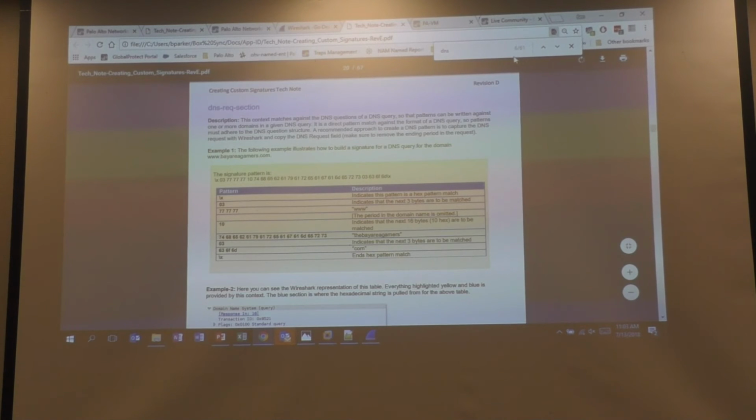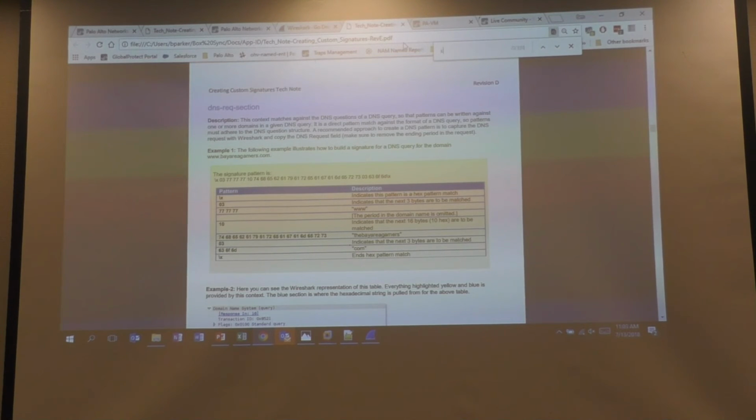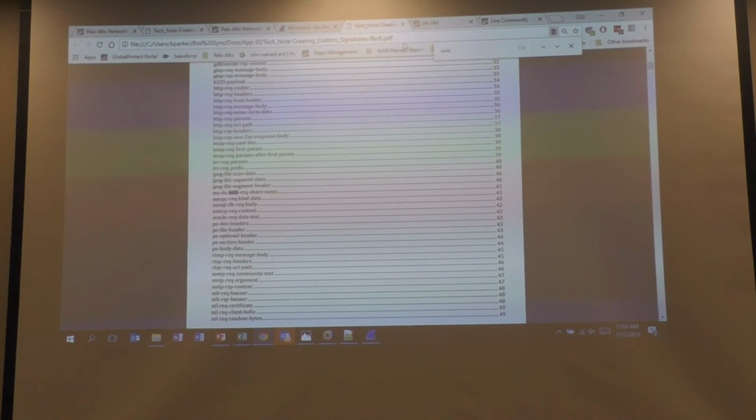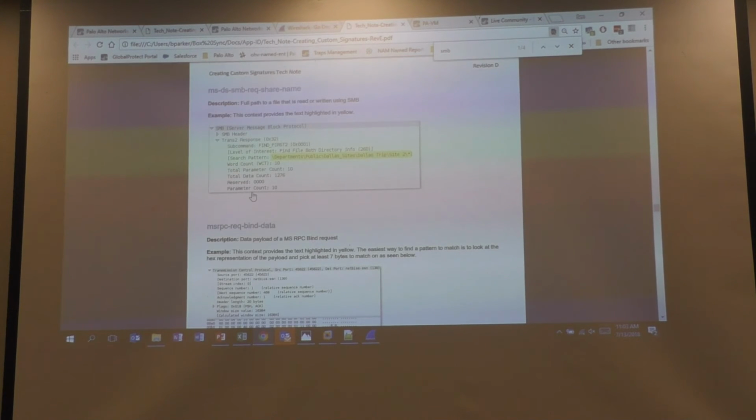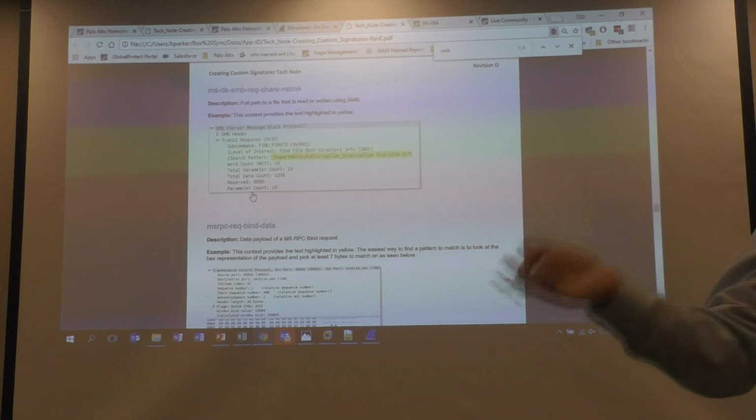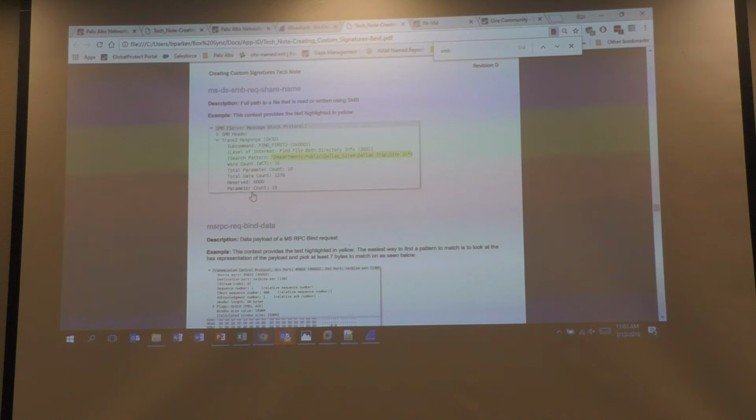Another one that has been useful is if you look at the SMB request share name. I've done this with a couple of other customers that have ITAR issues, or where you want to differentiate traffic to different shares that are sitting on the same server. Because by default, if you do an SMB application, you can define, hey, I only want to allow SMB to the server, but you might have use cases where